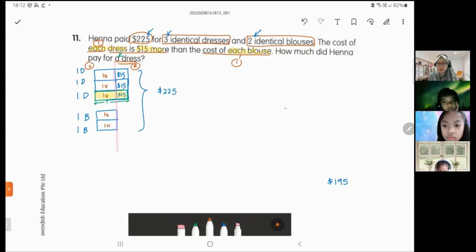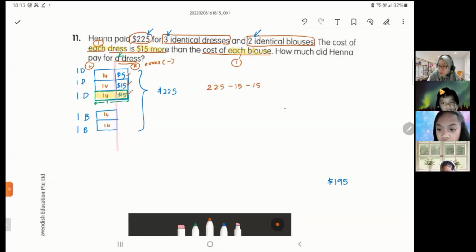They're all the same. These 1 units are all the same. Where are the extras? The extras are on the right hand side. Where? This one, this one, this one. Extra. What do I do to extras? Minus, take away. I don't want extra. Okay, so 225 minus 15 minus 15 minus 15 equals to